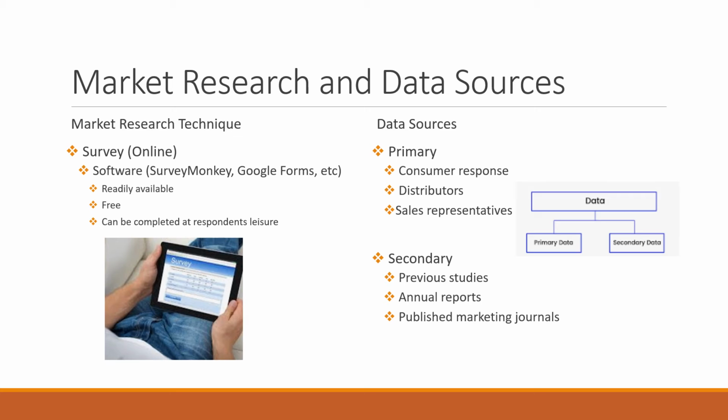Existing data sources. The study will make use of both primary and secondary sources. Primary sources will include the collection of data from consumers, distributors, and sales representatives through survey questions. This proposal also includes relevant secondary pre-existing sources that will be used as part of the literature review. In fact, it is critical to acknowledge past results on the project. The secondary sources of the data will be from previous studies on launching of new products, the company's annual reports, and published marketing journal articles.